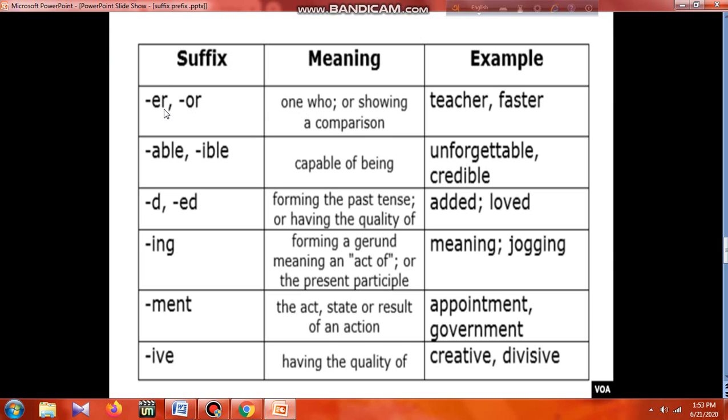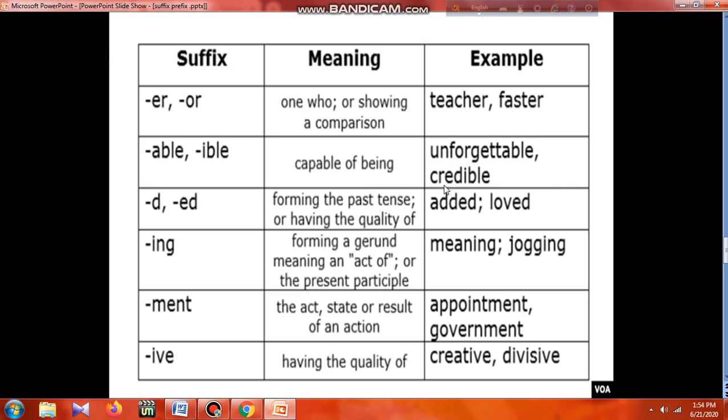Like if we add -er to the word teach, it becomes teacher; train, trainer. So it shows the person, or sometimes -er makes a word faster, so it shows comparison. Another one is -able, -ible, -il. These are capable of being. This is capable of being doing something. The examples are